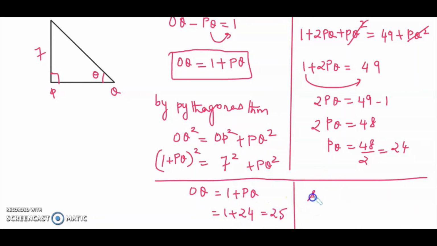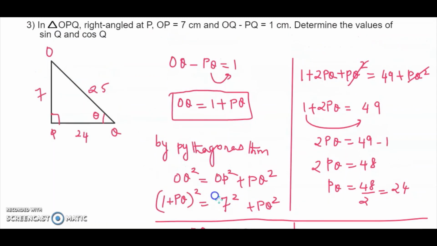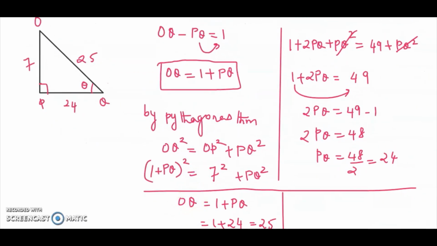Right? Then you have to find your values that they have told. So the three sides that I got: this is 24 and this is 25. What we need to find? Sin Q and cos Q, which you can find. Okay. Hope it is clear. Now the next